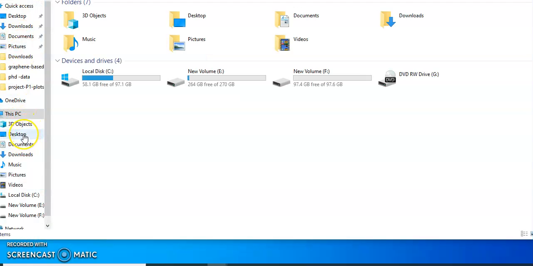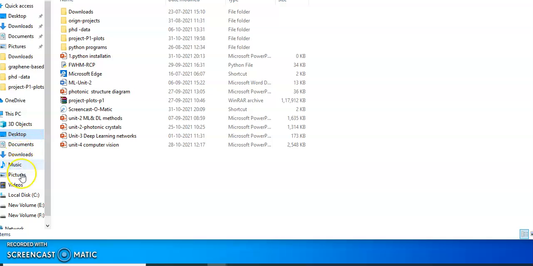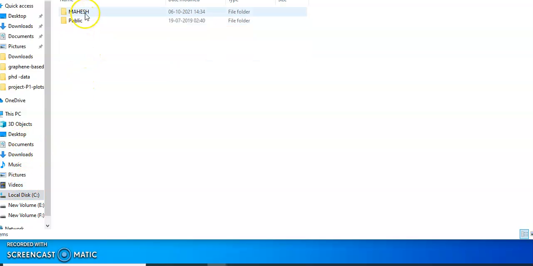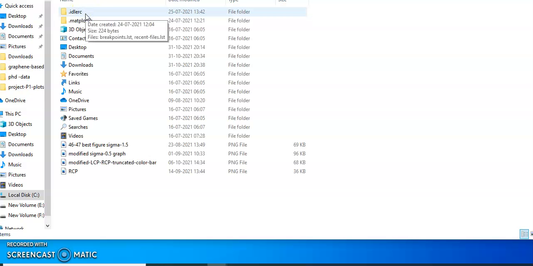Go to C, go to Users. In Users, Mahesh, for me Mahesh, and in that you go to AppData. You need to search AppData.